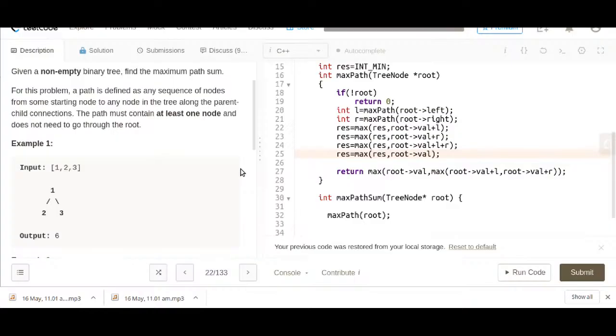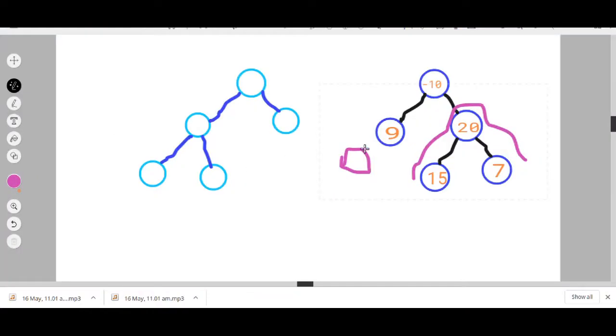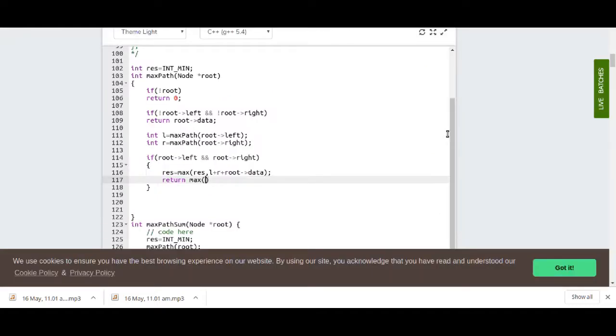As I explained earlier, we take the maximum of these two values, whichever gives the maximum, and return that. So the maximum of left plus root data, comma, right plus root data.